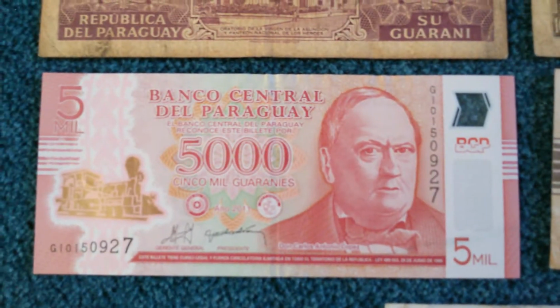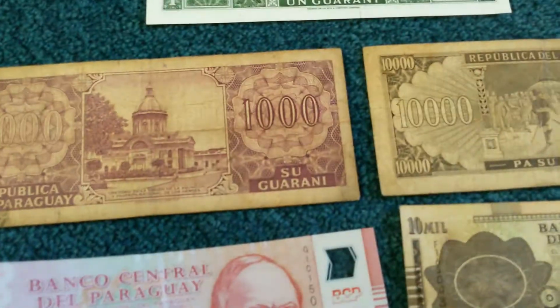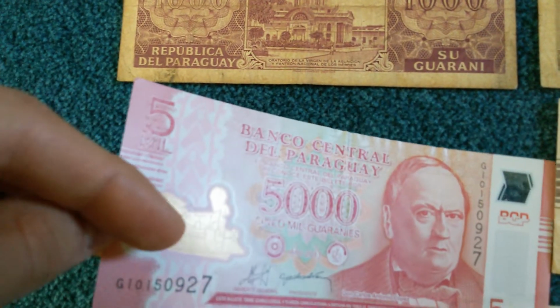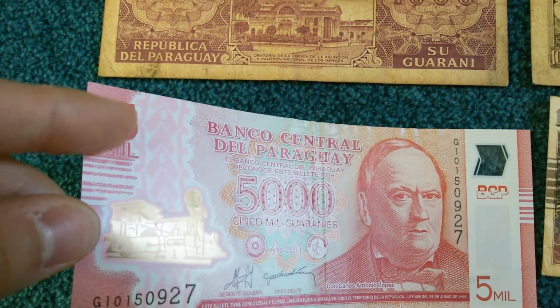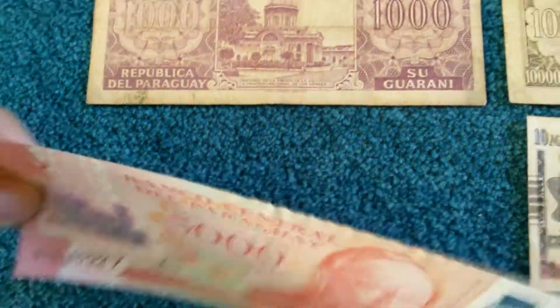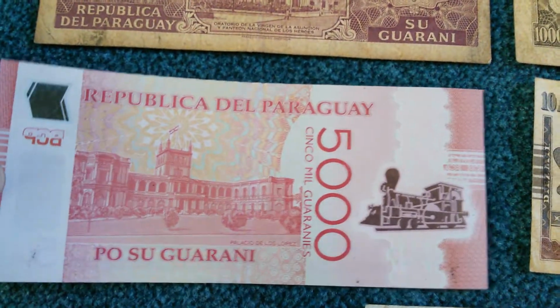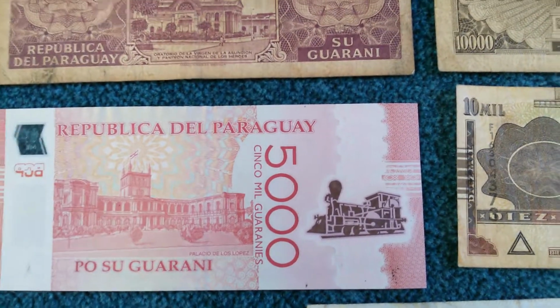Here we have the 5000 note, that's polymer. So we have huge differences in notes which were issued not so far from each other. So we have the special ink. Here you can feel those dots. And here we have something like a watermark and this window. And guess what it's worth? This note, it's €1. And of course we had high inflation over the whole decades, but it's remarkable that until this day we didn't